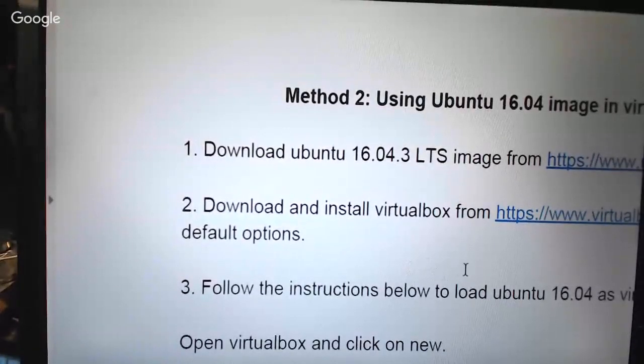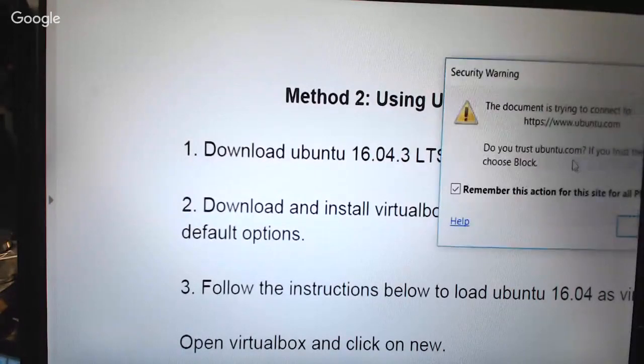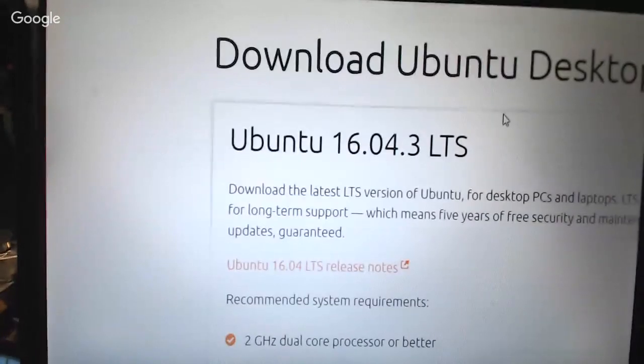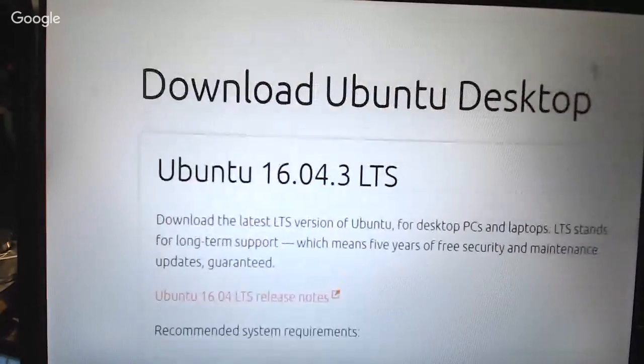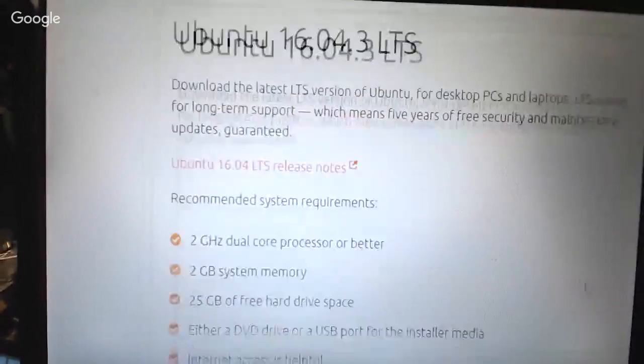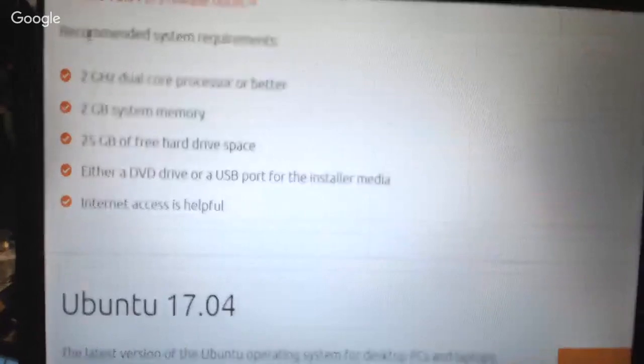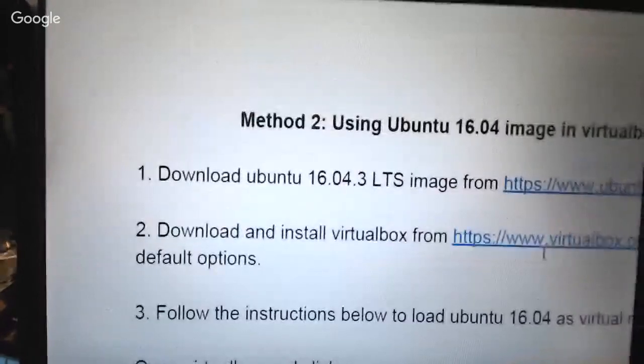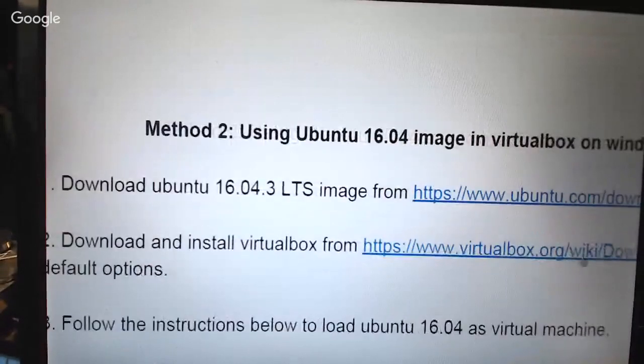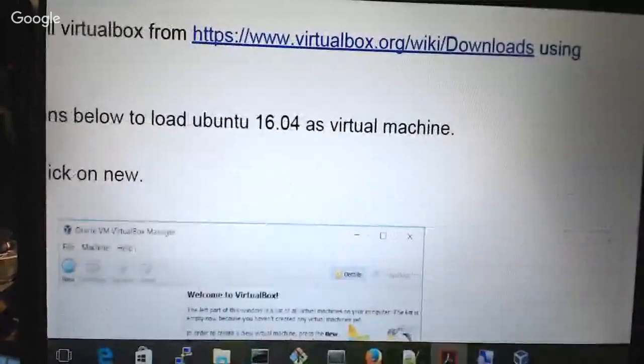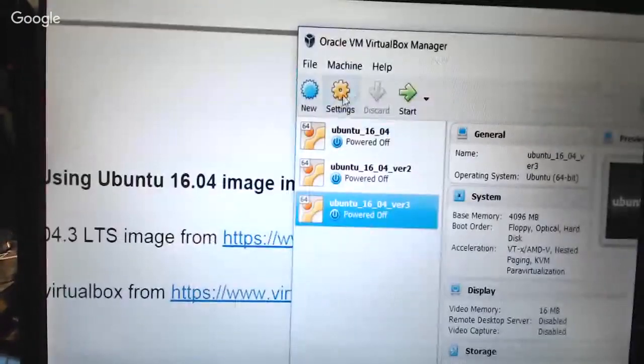So initially we need to download Ubuntu 16.04.3. This is the Ubuntu version which is running on the buffet machines. You can download either the 64 or 32-bit version. And once you download that, also please download the VirtualBox from this link. Once you have the VirtualBox as well as the image, what you do is you go to New,